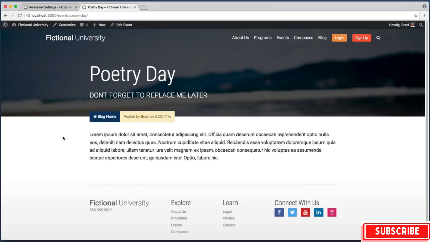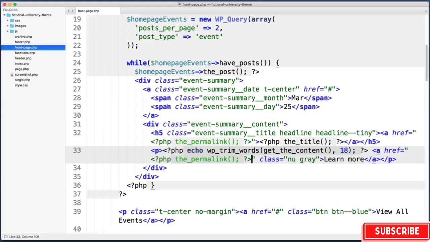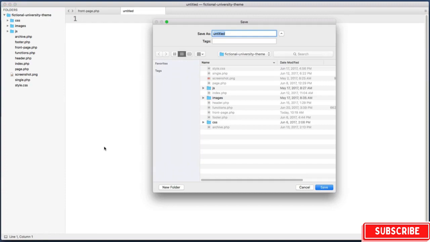But what if we want a brand new theme file that is only responsible for event posts? Well, luckily that's very easy to set up. So back in our text editor in our theme folder, I want you to create a brand new file, and the name of this new file is very important. Let's name it